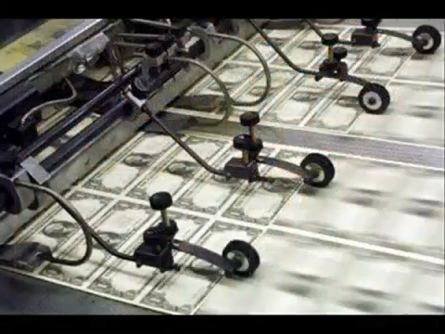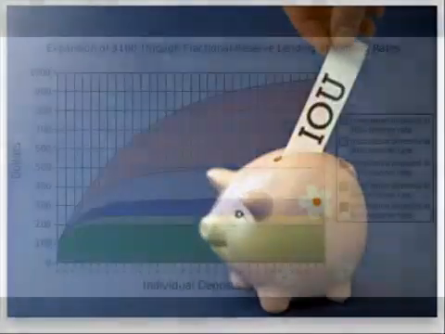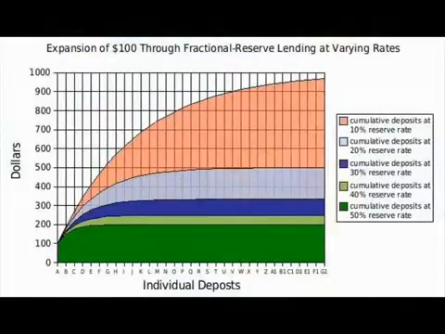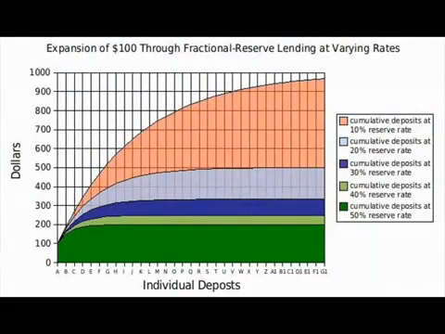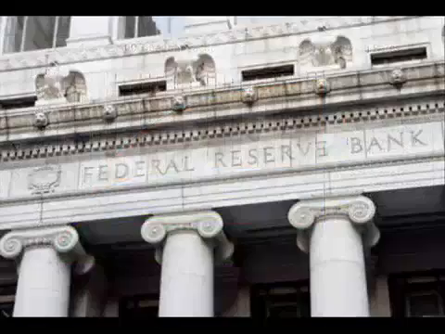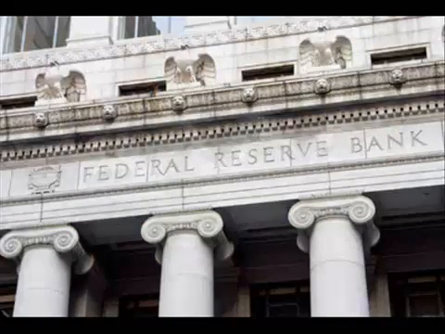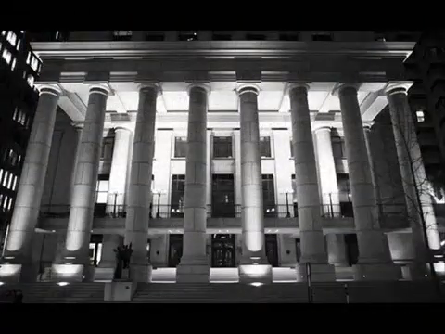By doing this, they were able to create money that wasn't really backed by anything except for the paper that it was printed on, meanwhile allowing them to lend it out to others while collecting interest on this money that didn't really exist. The Federal Reserve was created in 1913 leading into World War I, and was a way for